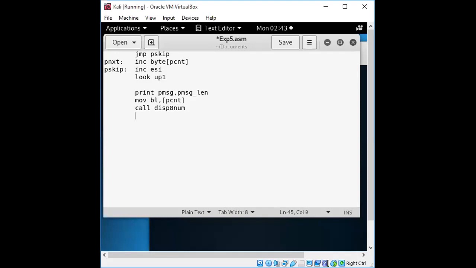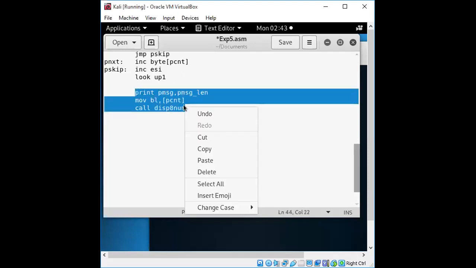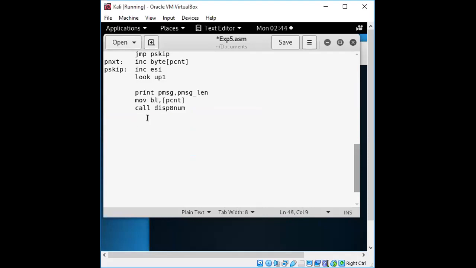If it is greater than 9, then we have to display that in the form of ABC. 0 to 9, and after 9 we are going to display that in the form of up to F. So this procedure call is for the count of positive numbers, and the same will be done for negative numbers, right? The same will be done for the negative count, and we'll do the same system call for this.